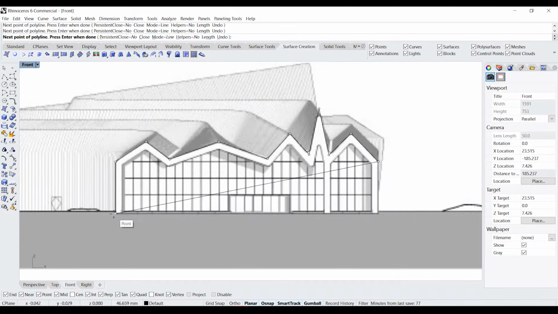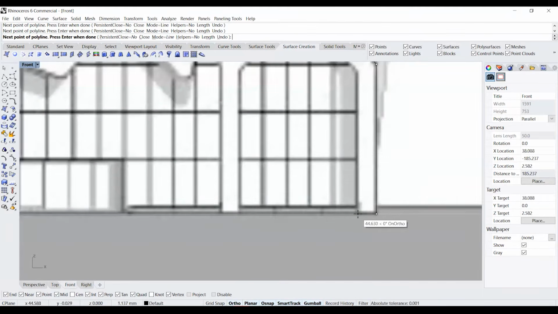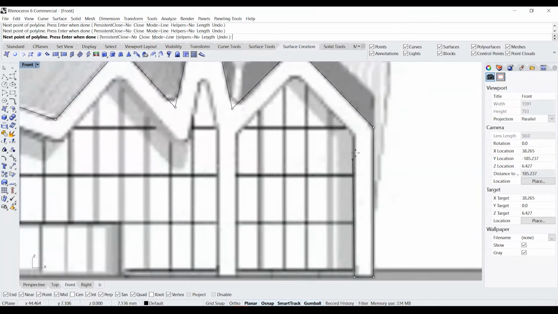So I'm going to turn on Smart Track and make sure that this particular line is highlighted so that when I draw a line, it stays perfectly straight. Hold Shift so that it creates perfectly straight lines. Holding Shift basically turns on the ortho function. Then continue defining the shape.